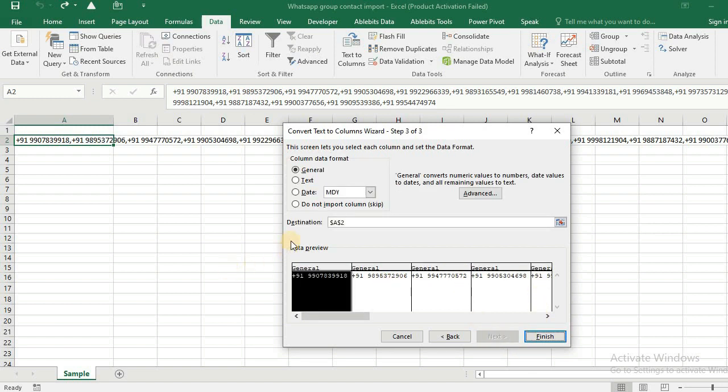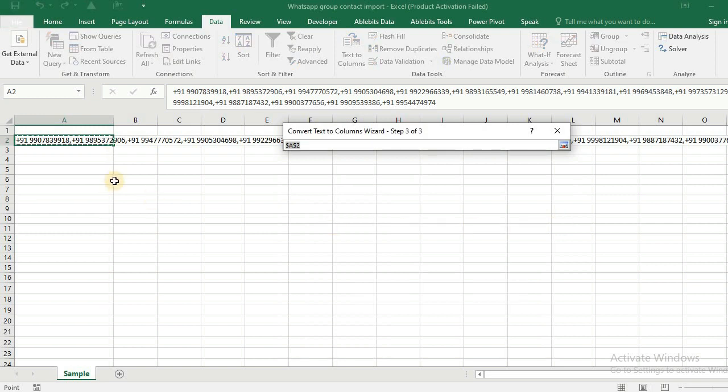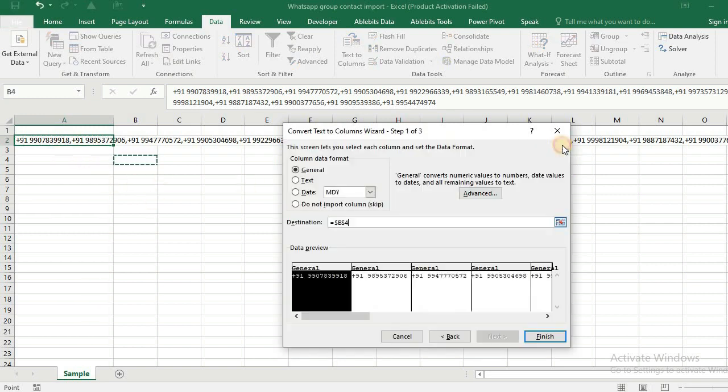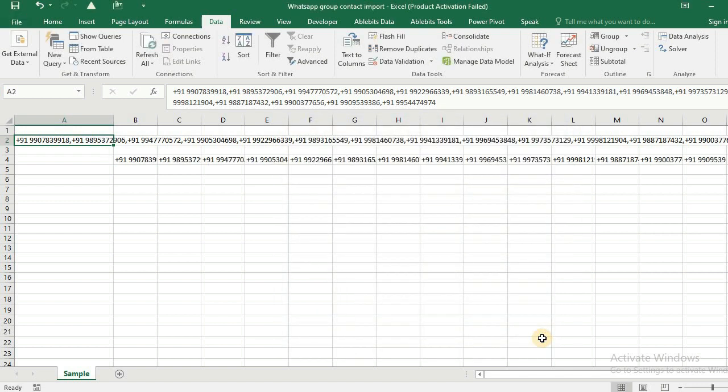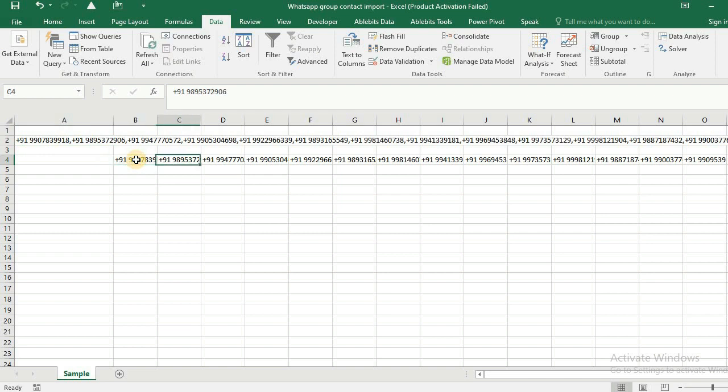Next, this is the destination where I want to have these all separated numbers. For instance, I want it here, say I want it here. So all these numbers are now in different columns. Now I can delete that.